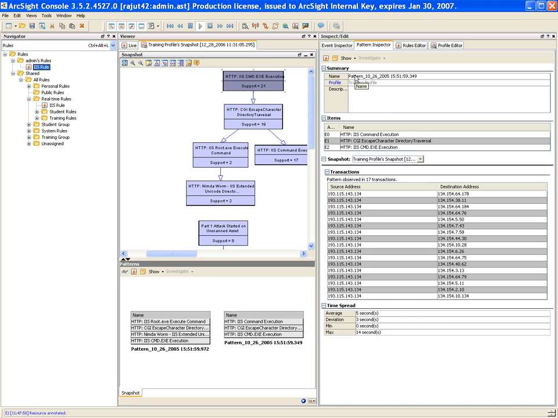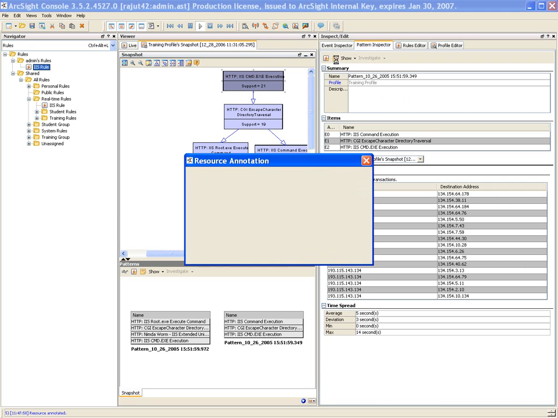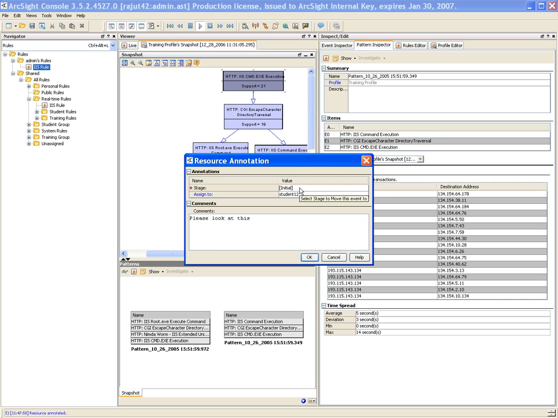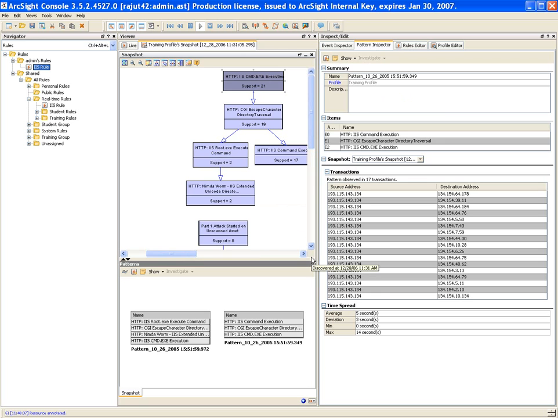But once the pattern is investigated and you feel that the pattern is a normal behavior in your network because there's nothing to be concerned about, then you don't even need to convert that into a rule. All you have to do is annotate the pattern and say, by the way, I'm going to close this pattern. Okay? So once the pattern is closed,